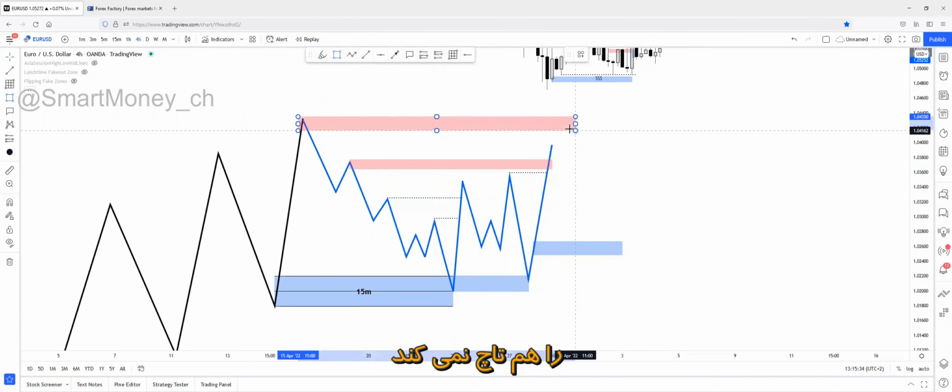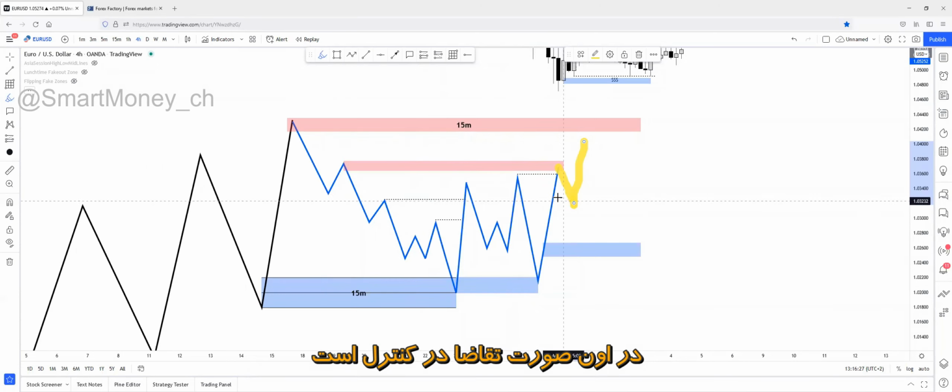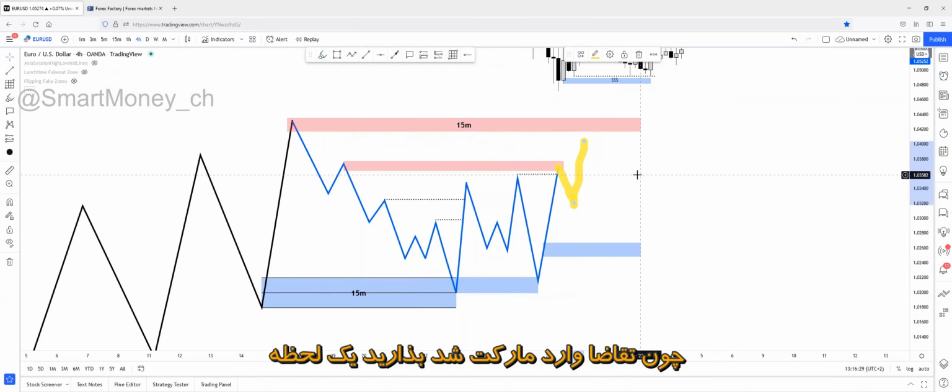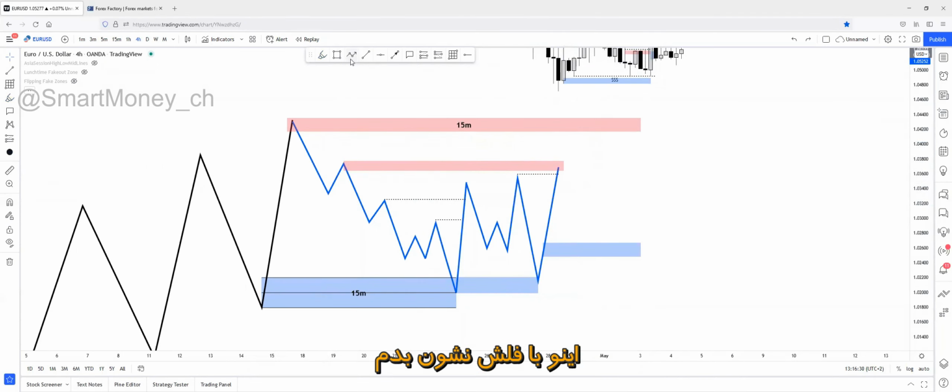The second scenario when price taps an opposite side zone is when price creates a reversal to the downside, taps this previous demand zone and creates a flip zone. It flips this 1 minute supply zone. And if it flips this 1 minute supply zone, then demand will be in control because demand came into the market. Let me just draw it with arrow movements. So demand came into the market and took over control right here at this region, where there will be a demand flip zone. So this is the first scenario for demand flip entries.